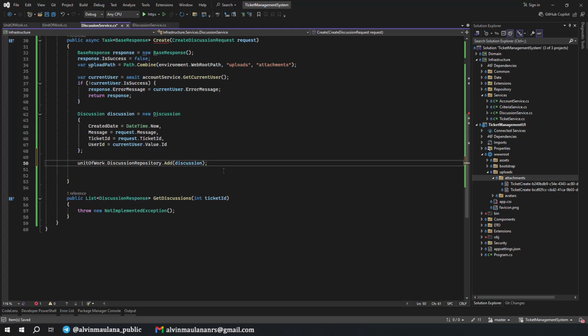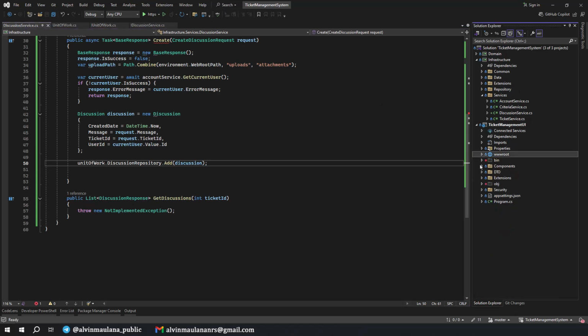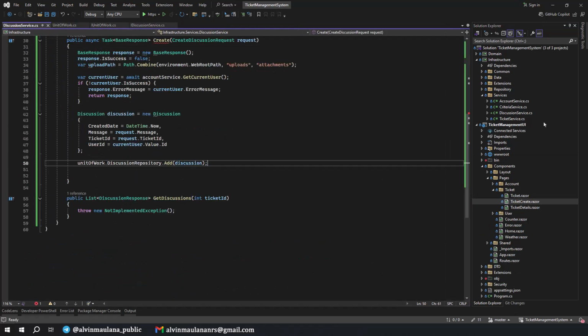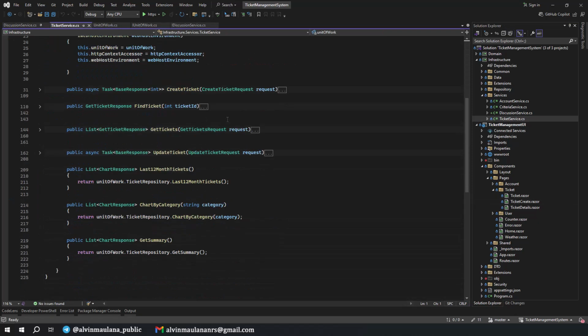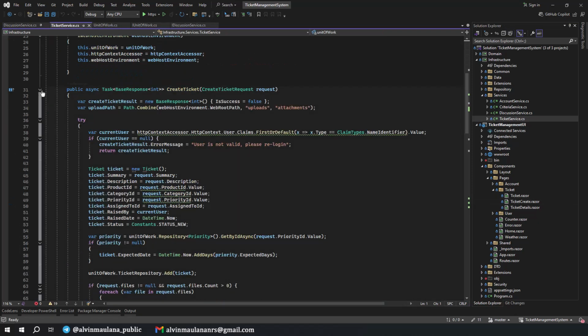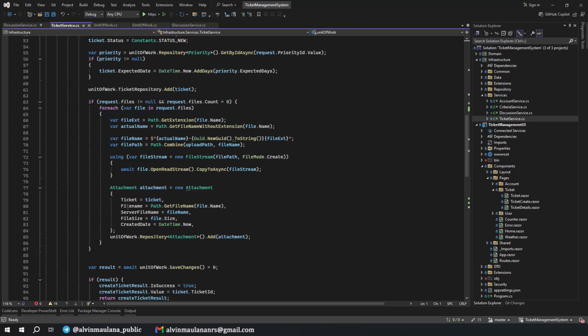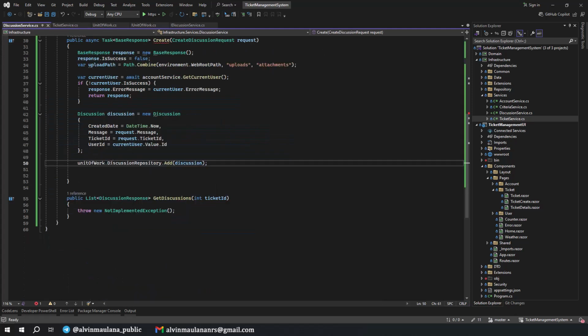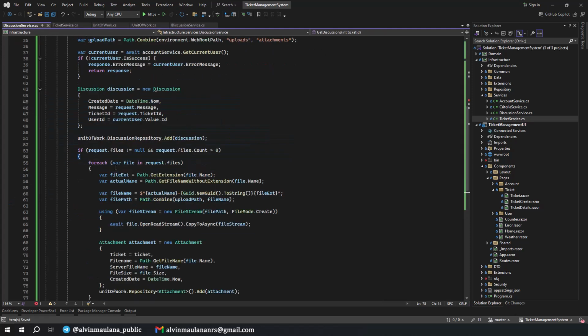And the next thing, we need to upload the attachment if any. But let's see if we can use the same implementation we use on the create ticket. Pages, ticket create. Oh, not in here, but the service. Create ticket. I think it should be fine. I can copy it first, and then I put it on the discussion here.